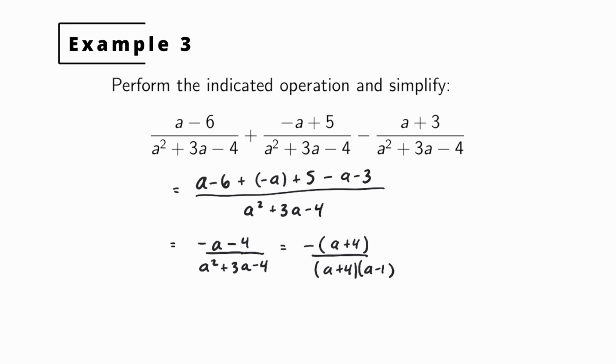And we have a common factor of a plus 4. So we can finish this. This will be negative 1 over a minus 1. Now, sometimes we don't want to have that negative sign out in front. So if we wanted to, we could multiply the numerator and denominator by negative 1. That will clear the negative sign in the numerator. We will change the denominator to be negative 1 times the quantity a minus 1. So you can just distribute that and you would get 1 minus a instead. This is mostly aesthetic, but you can do it if you want.